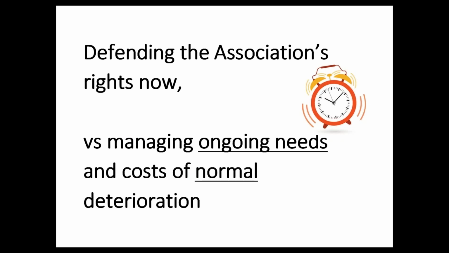So what do we do in terms of defending the association's rights now in terms of the construction defect litigation and continuing to properly and responsibly manage those ongoing needs and the costs of the normal wear and tear and deterioration of a community? Here, one of the most important things to recognize is that there is a clock that's ticking from the outset. Once construction defects show up or become known to an association, there are things called Statutes